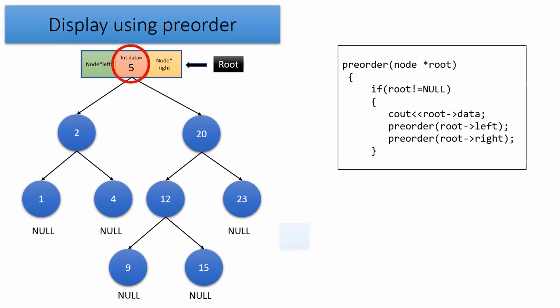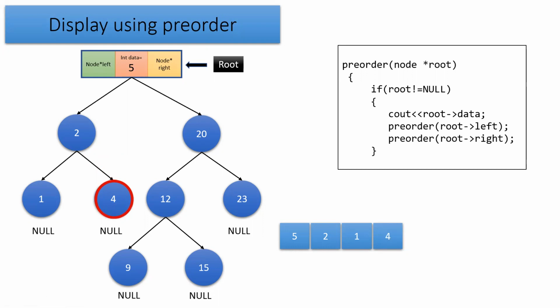Now we'll see how exactly it is working. If you are able to see, it is going to start from the 5. So 5 is displayed here. Then it will go to the 2, as 2 is the left child. So 2 is displayed here. Once again, it goes to the left side and displays the 1. Now after the 1, as the left side is over, it will go back to the 2 and display the 4 here. So you see 4 is present here.